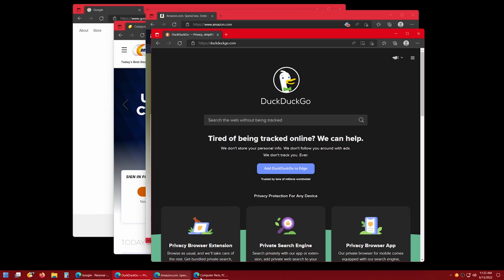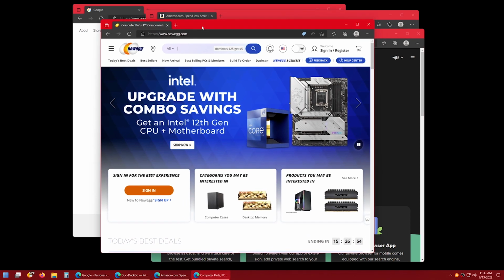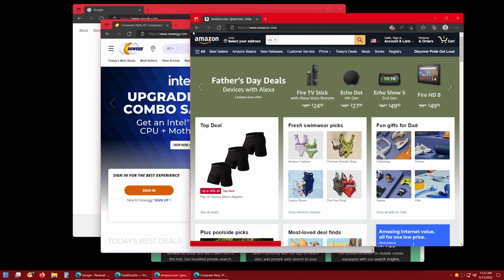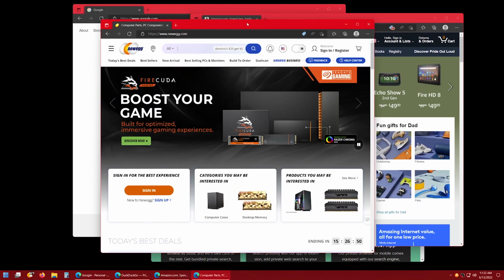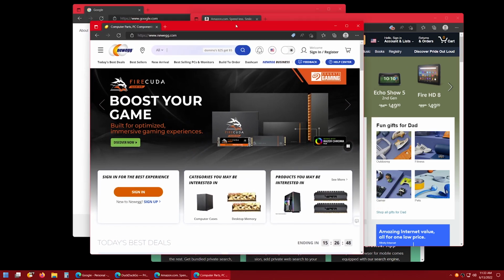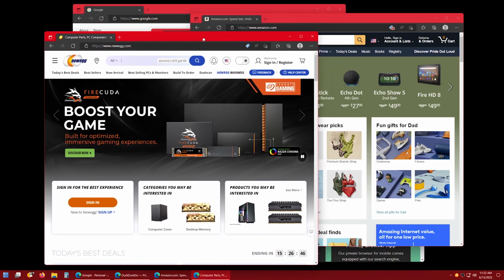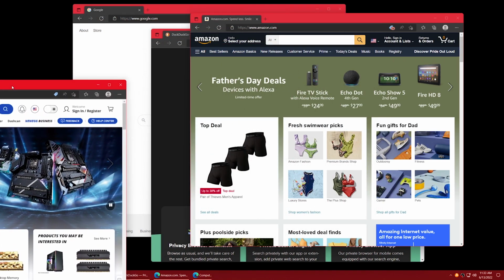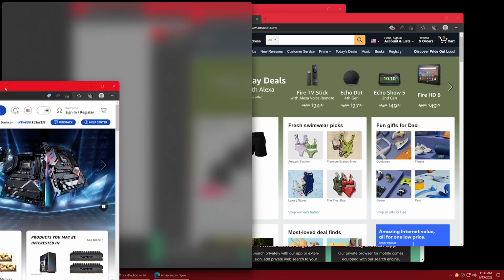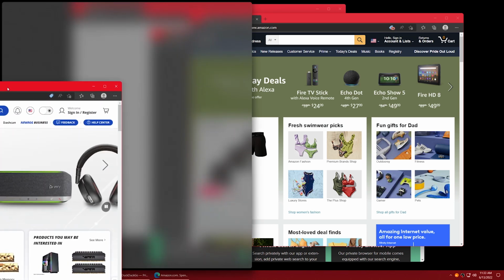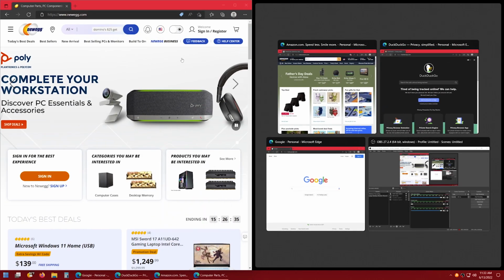So let's say I want to put Newegg here on the left and then Amazon on the right. So what I do is I'm just going to take this window here and I'm going to click and drag up on the top. And you see I'm moving it around. And I'm going to move it over here to the left side of the screen until I hit a point where that gray shape, that gray square, comes up and fills half the screen. And when I let go, it now puts this window on the left side of the screen, and then it